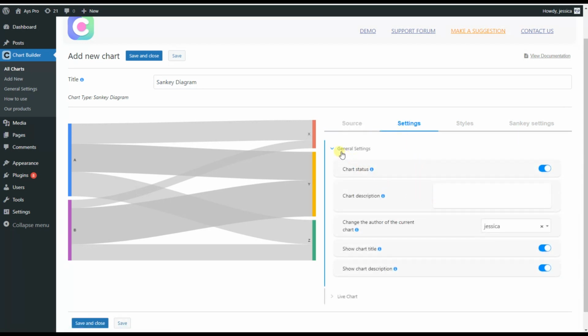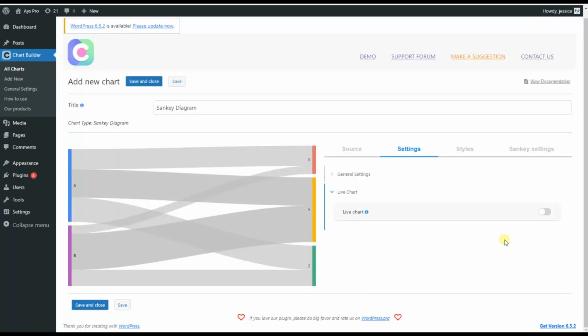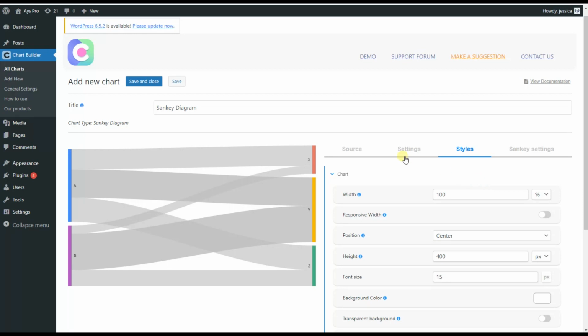Here we can notice general settings related to the chart, like chart description, the author of the chart. We can decide whether we want to show chart title and chart description or not. Here we can enable live chart feature if we want, and the data will be updated within the particular intervals on the front end. Then we can head to the Styles tab, where we can specify some stylings for the